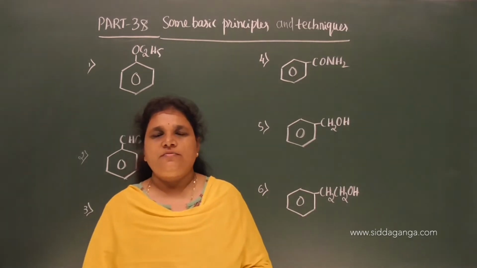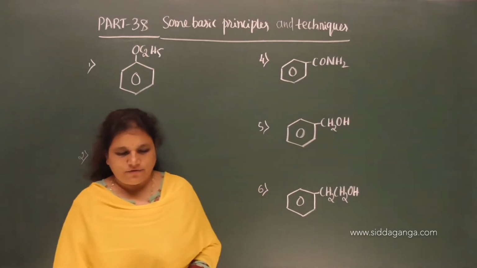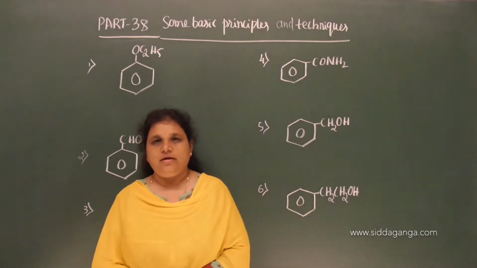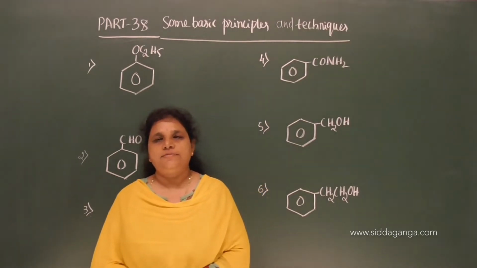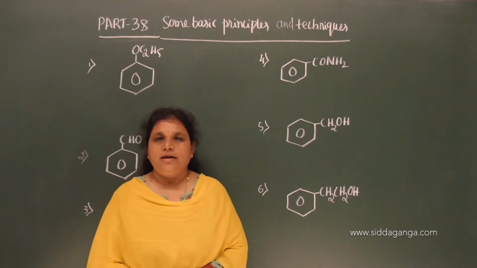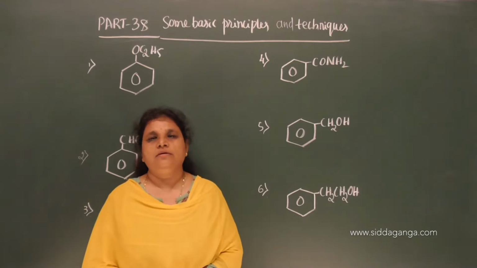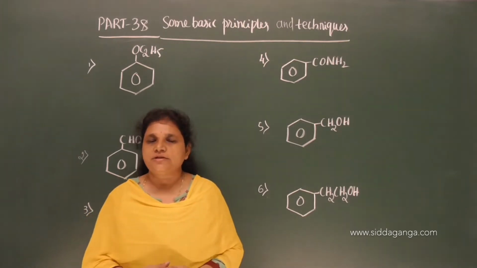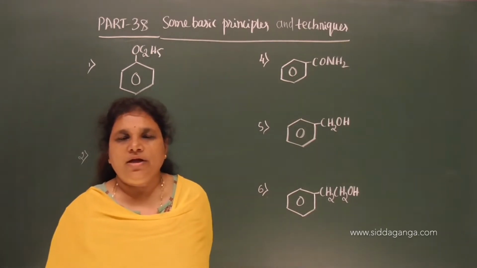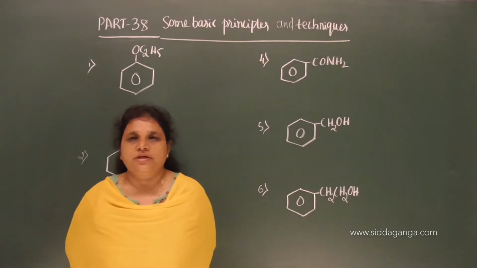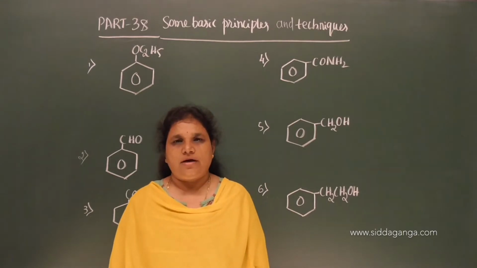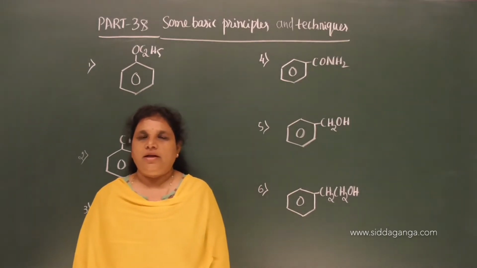In the previous class we discussed the naming of substituted benzene, that is benzene and its derivatives: monosubstituted benzene, disubstituted benzene and polysubstituted benzenes. While naming monosubstituted benzene, we consider the name of the substituent followed by the root word benzene. If a functional group is there, then we need to use the secondary suffix, as we have used in alicyclic compounds, correct? Now, if disubstituted benzenes are there, then they are named in a common name system.